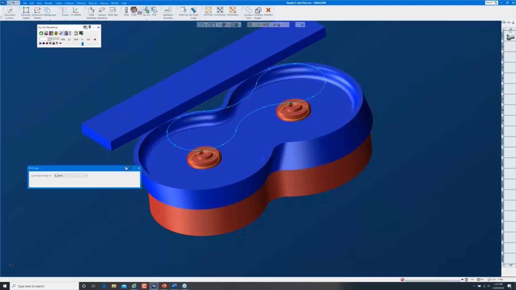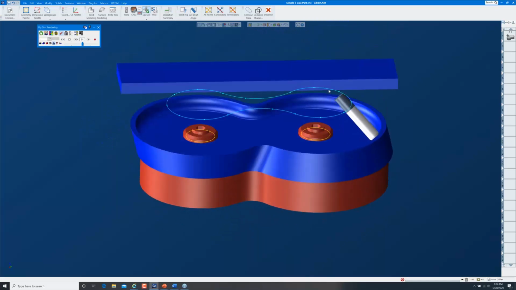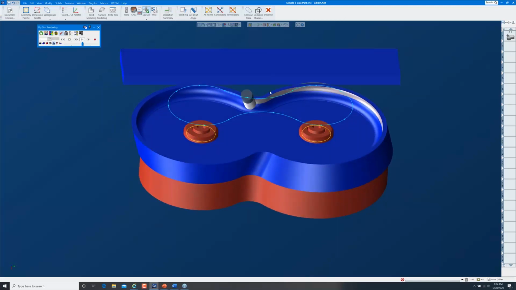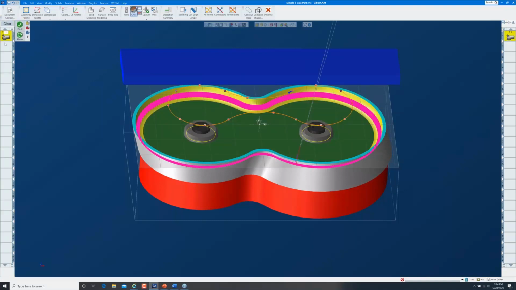I'm going to lock that to part this time. I just want to see it come around here, and we should see that we're gouging. We're scalloping this feature here just slightly. And again, just imagine that this is some feature of the part that just kind of gets in the way. So rather than really changing our geometry here, what I want to do is go into my process